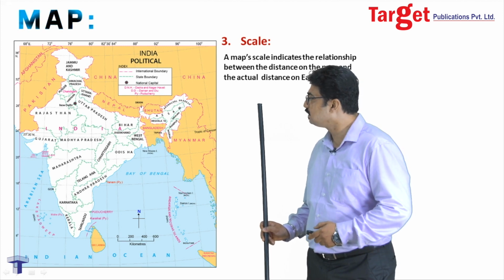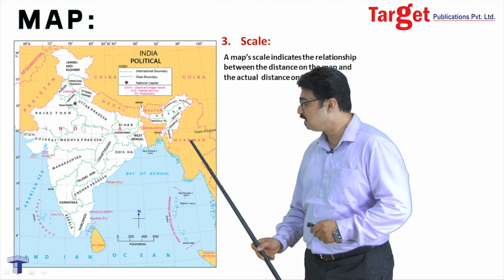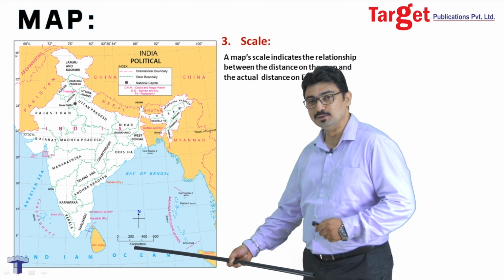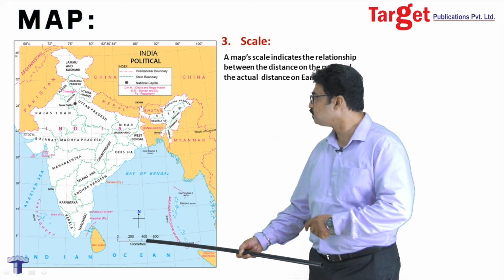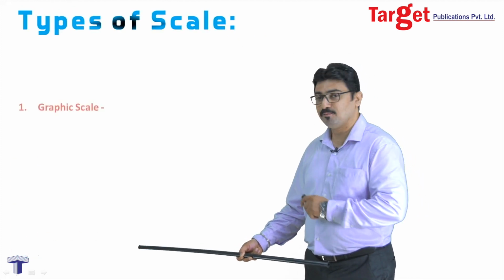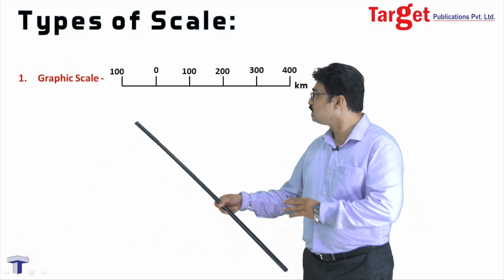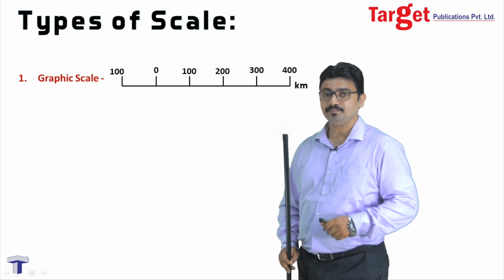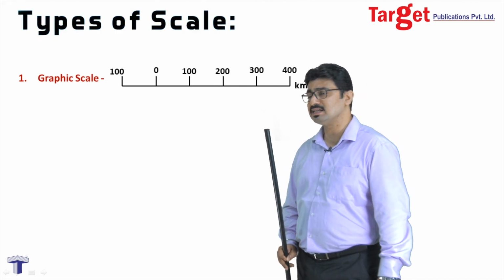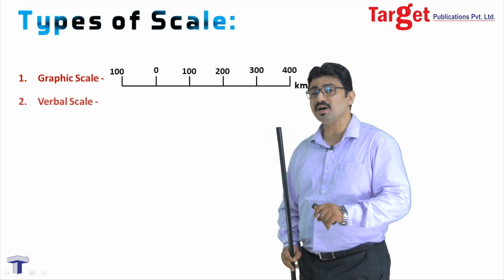So it was in this map that we have seen this graphical scale used to represent the region of India, right? So again, let's move ahead. The first type was graphical scale, where each centimeter is equal to 100 kilometers, is an example given over here. The next way of showing a scale is known as verbal scale.